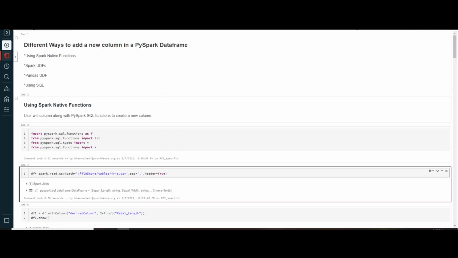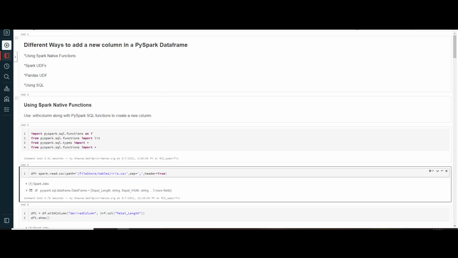So today we are going to talk about different methods through which we can add a new column to a PySpark data frame. Whenever we are dealing with data, there might be a requirement where you want to have a column with a default value, or you want to create an altogether new column where you can put some calculated value. In that case, you will need to think of a way to add a new column in your PySpark data frame.